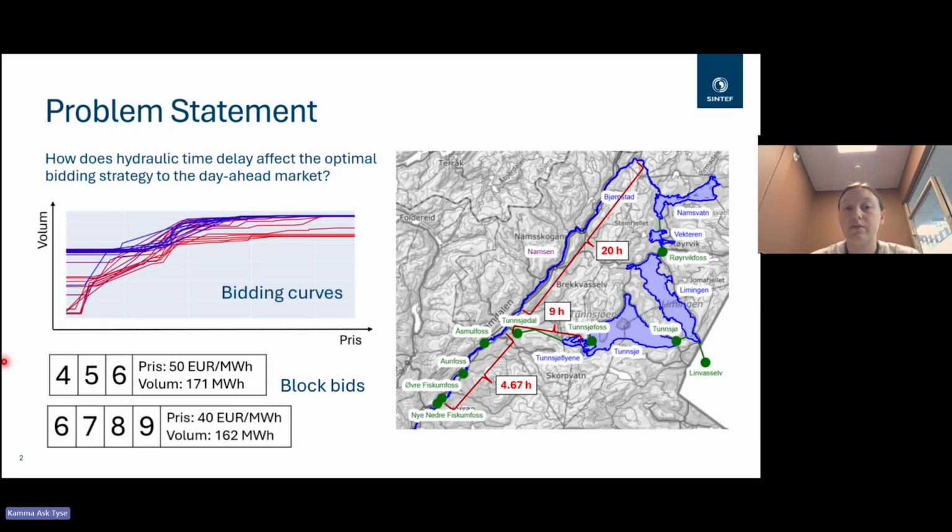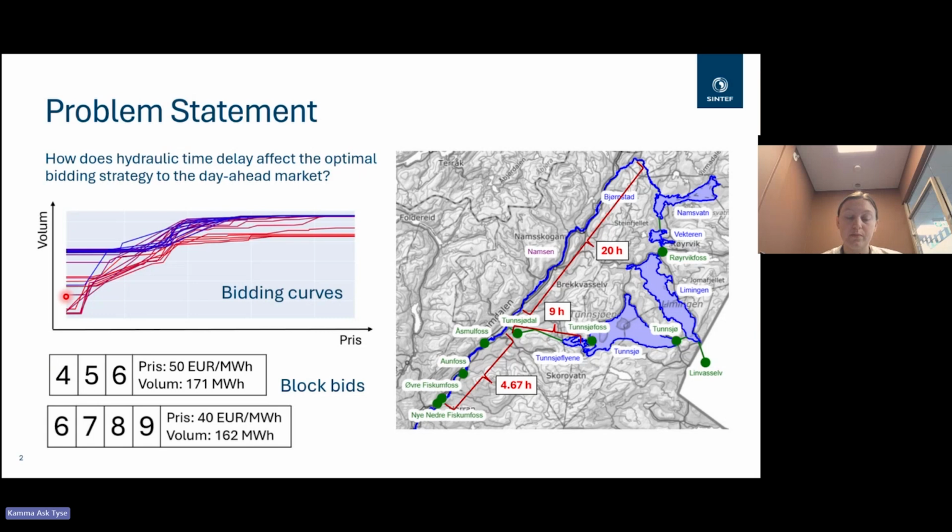But even if there are several bidding types allowed in the day-ahead market, constructing the optimal bids is not a simple problem. In the literature, there exist several frameworks for constructing both bidding curves and block bids from, for example, stochastic optimization, and these account for time delay to varying extents. But these frameworks are not used much in actual operation when hydropower producers submit bids. Instead, they use a combination of deterministic approaches and heuristic algorithms that are not openly available, so we cannot say for certain.